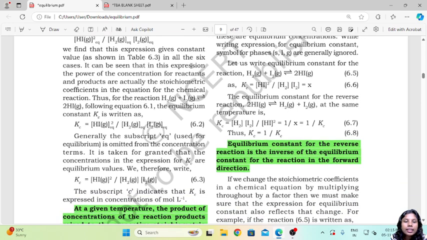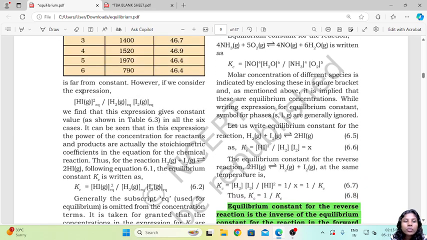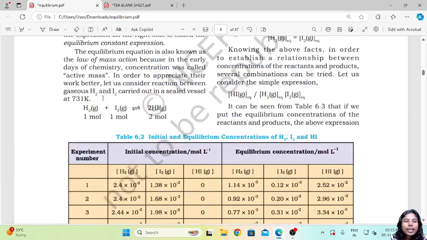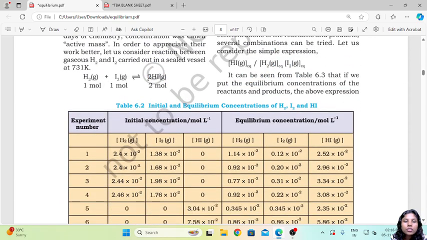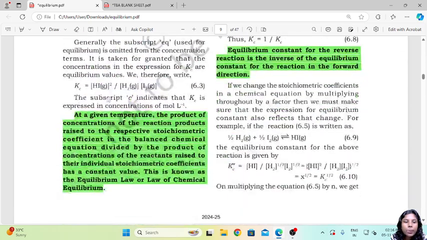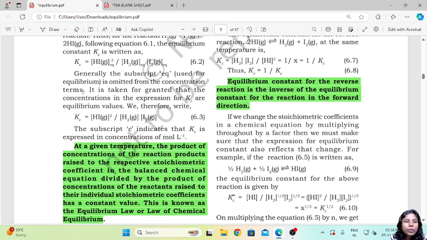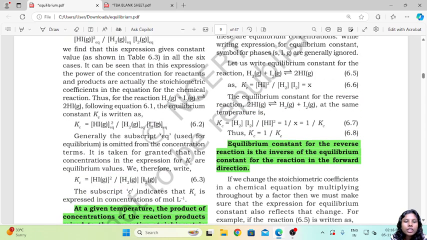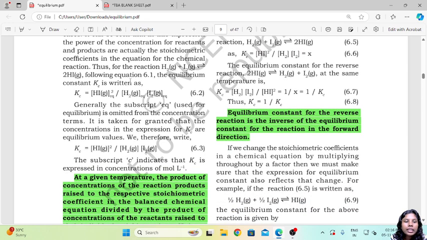It can be seen that in this expression, the powers of the concentrations of reactants and products are the stoichiometric coefficients in the equation for the chemical reaction. So now here we have raised this to 2 because in the equation we had taken 2 moles, that is the stoichiometric value, whereas for H2 and I2 we had only 1 mole itself. Thus for the reaction H2 + I2 giving 2HI, following equation 6.1, the equilibrium constant Kc is given as